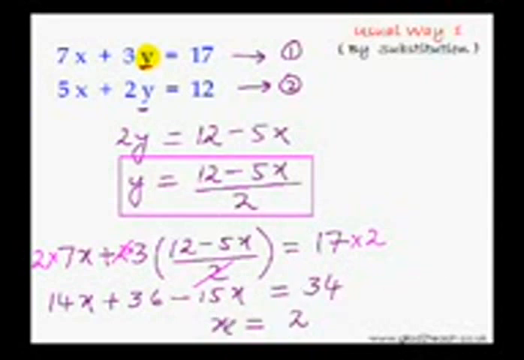And finally, we have managed to find out the value of x. x is equal to 2. But even after doing all this hard work, our job is only half done. Why? Because we still have to find the value of y. But we can do that very easily. Simply put this value of x here and you'll get the value of y. Minus 5 times 2 would be minus 10. So 12 minus 10 would be 2, and 2 divided by 2 will be 1. So y is equal to 1. And now the question is solved. x is equal to 2, y is equal to 1.